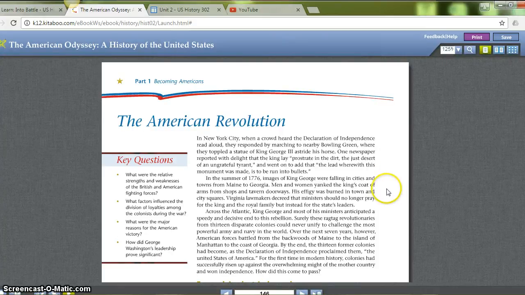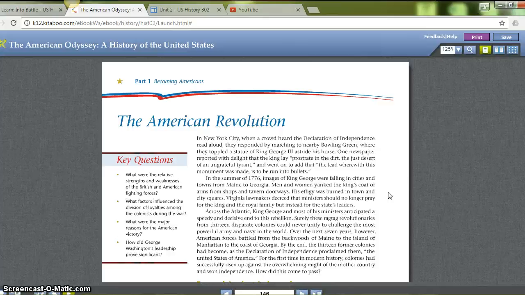In the summer of 1776, images of King George were falling in cities and towns from Maine to Georgia. Men and women yanked the king's coat of arms from shops and tavern doorways. His effigy was burned in town and city squares. Virginia lawmakers decreed that ministers should no longer pray for the king and the royal family, but instead for the state's leaders. Across the Atlantic, King George and most of his ministers anticipated a speedy and decisive end to the